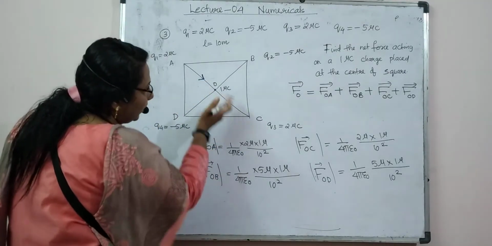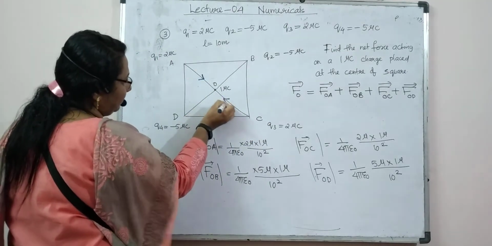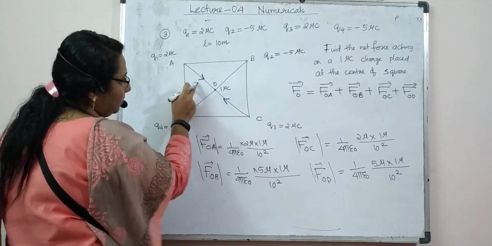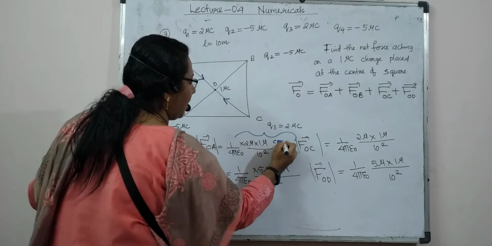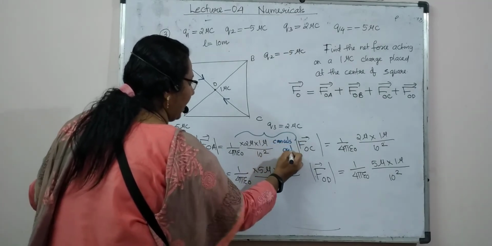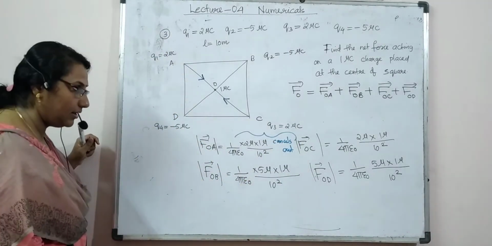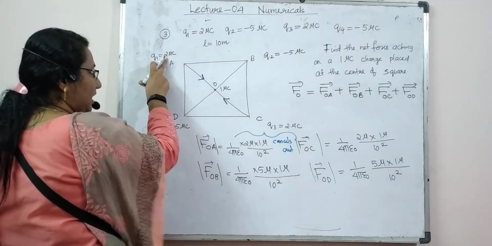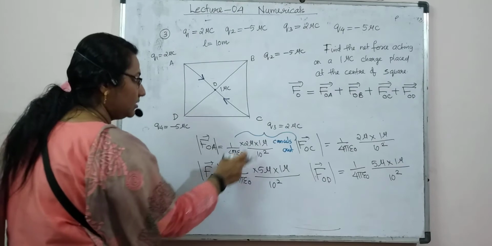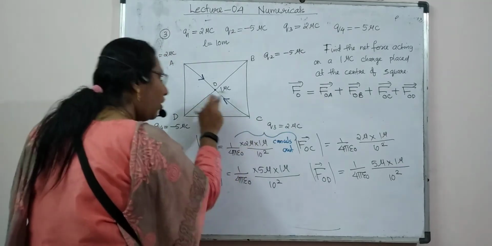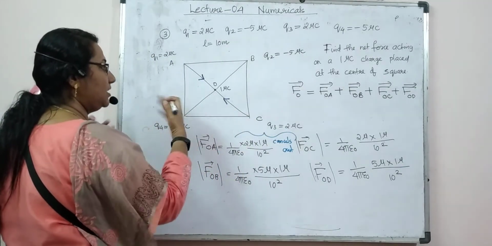This 2 repels 1 towards this direction. Equal and opposite forces, these two forces cancel out. They cancel out. Is it clear? The force exerted by this 2 on O and the force exerted by this 2 on O are equal and opposite, cancel